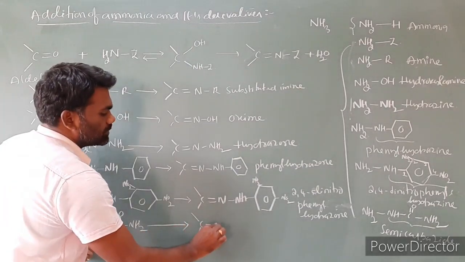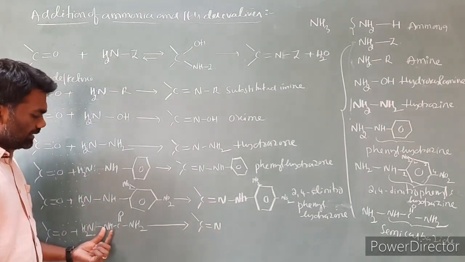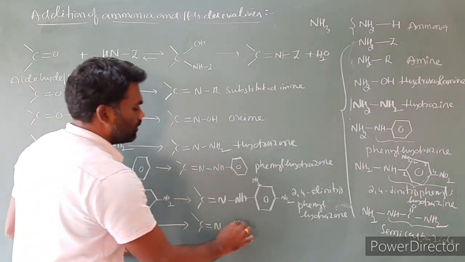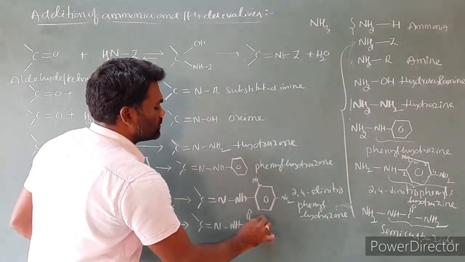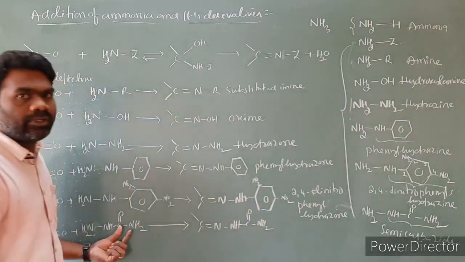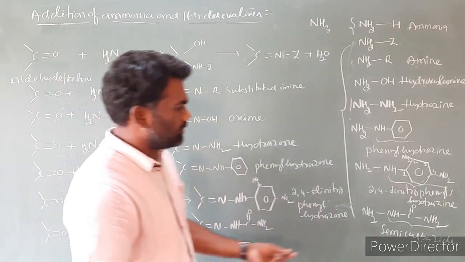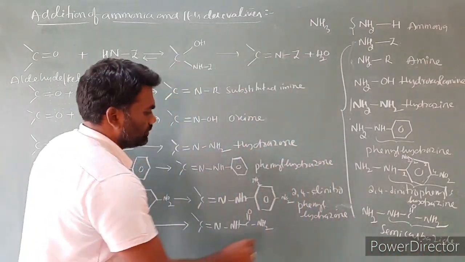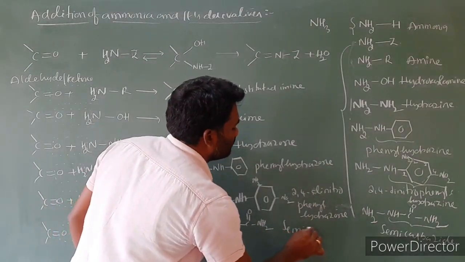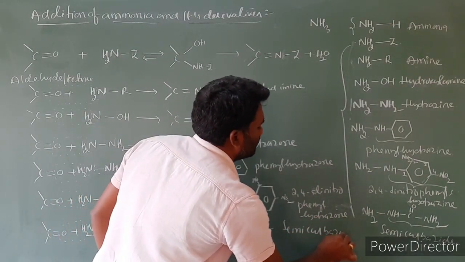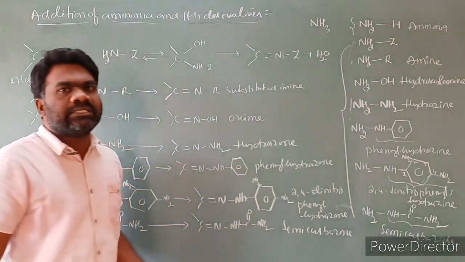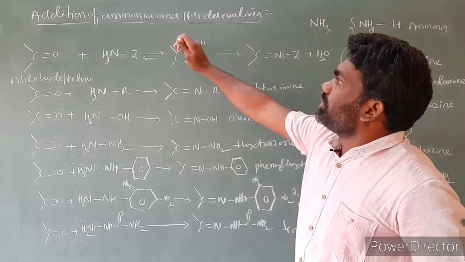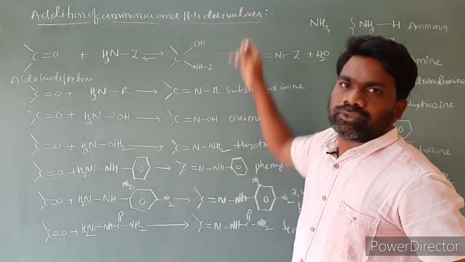This N we substitute, N, NH, C double bond O, NH2. So what is the name of this compound? Semicarbazide will become a semicarbazone. So these are the different types of products formed in the addition of ammonia and its derivatives to aldehydes